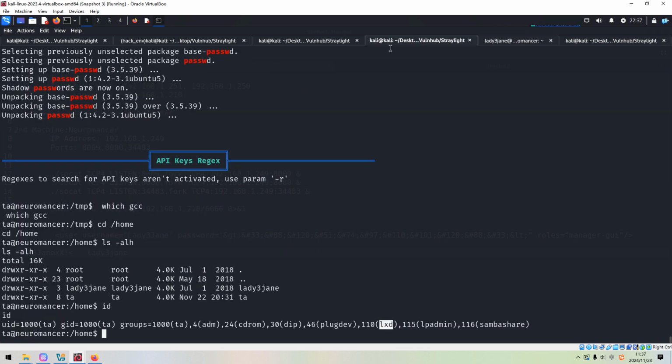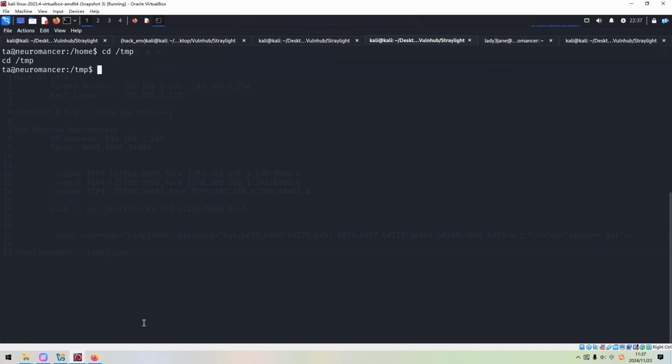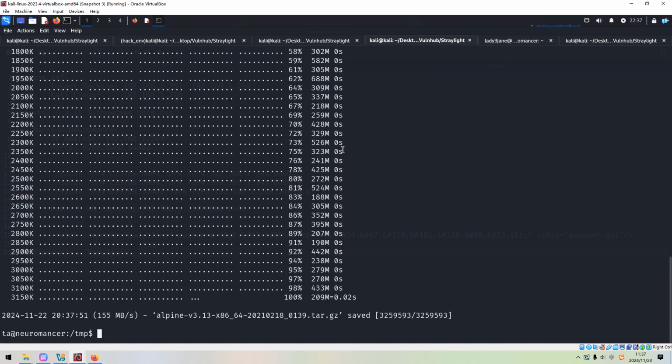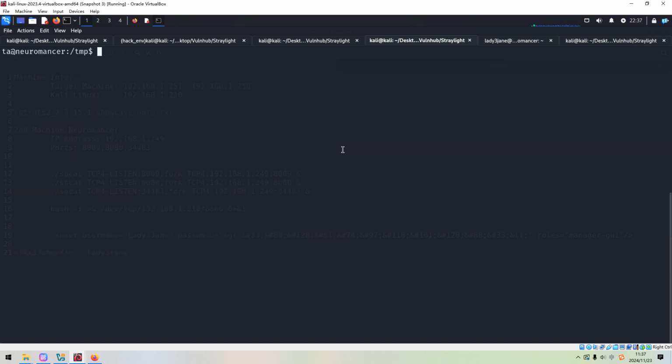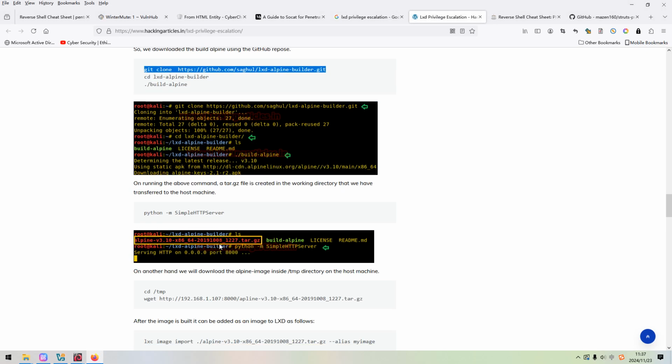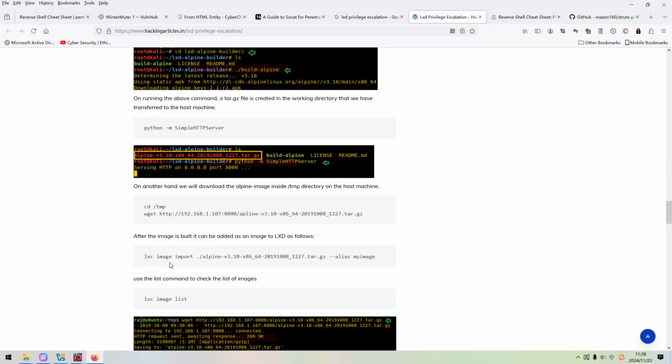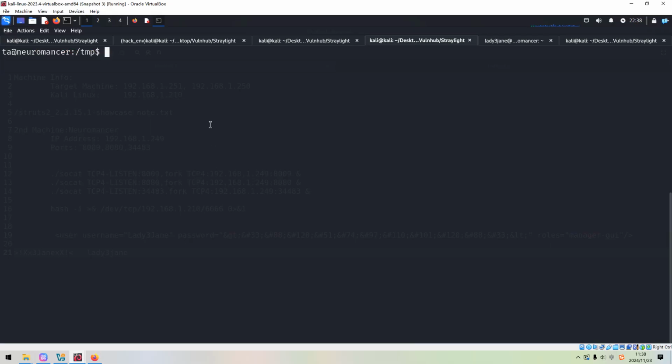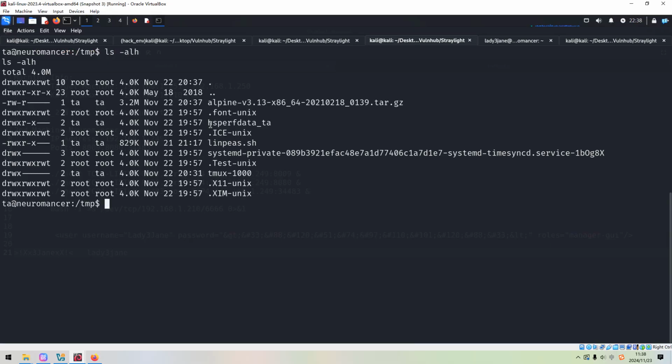And then we can go to the temp directory, paste in here. Okay. Now we can run. We can import this image. LXC image import.